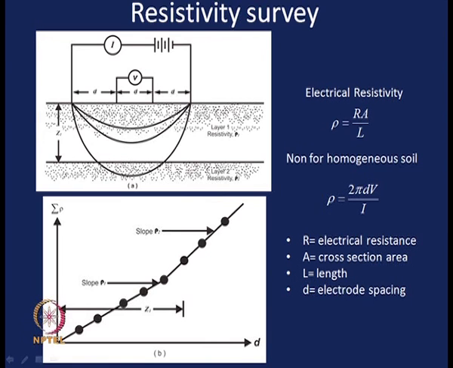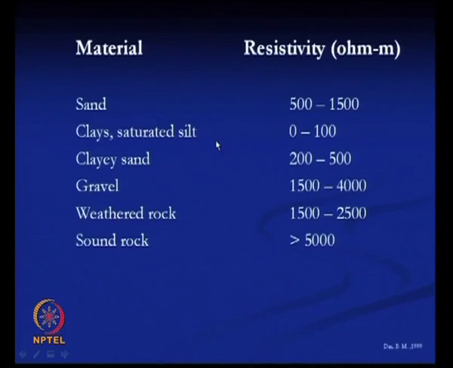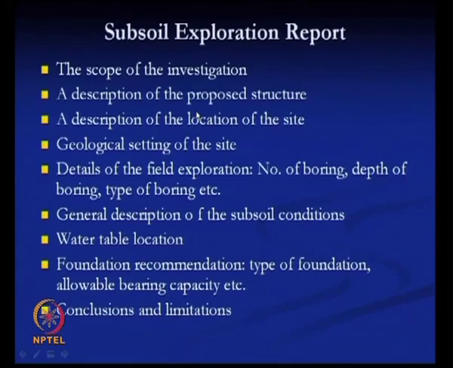So, these are the 4 different geophysical methods. Now, here is the table. We have covered all the possible methods by which we can determine the soil properties, the thickness of the soil layers, the depth of each soil layer from the ground surface, and the location of the groundwater table. We have also done the laboratory tests, in which the samples collected from the field are tested to get the different properties.